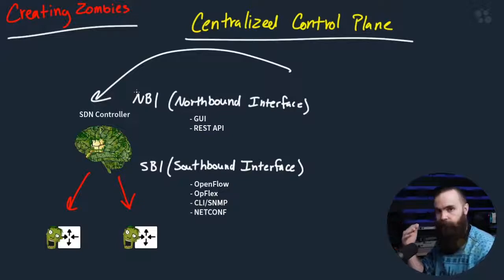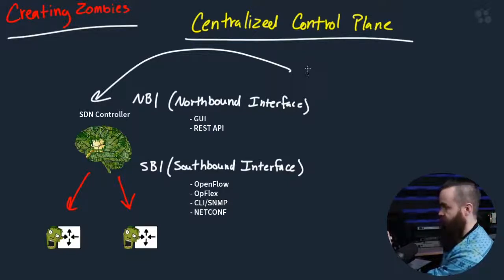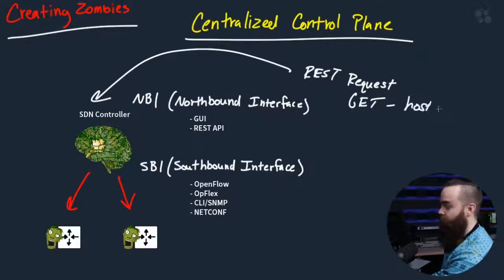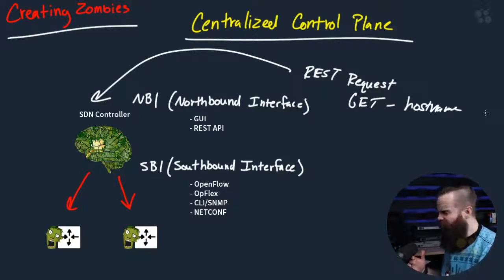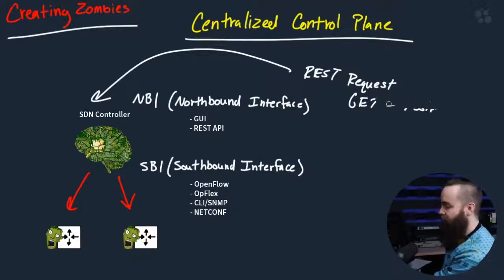The SDN controller controls, ideally, your entire network. 50 routers, 100 switches. It'd be quite the pain to send hundreds of API requests to each router and say, okay, what's your host name, and get all that information back. That'd be a pain. But if an SDN controller is sitting between you and the routers, you can say, hey, SDN controller, I'm going to send a REST API GET request saying, get me every host name of every device I have right now, and it shoots out a list. That's one very small, very kind of dumb example because you can do so much more. We'll talk about it in a moment, but the power is we access the API of the controller, which gives us access to a ton of stuff.